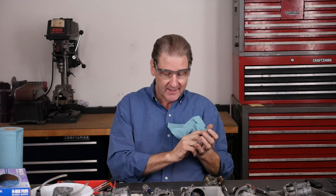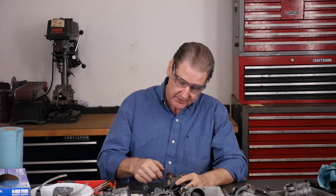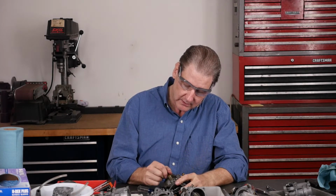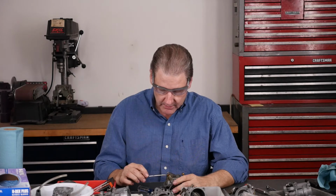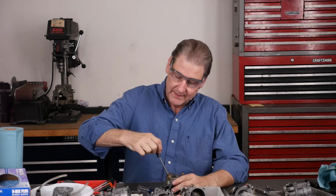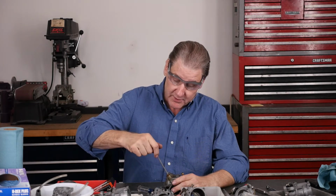I can smell that gas. All right, in the tips and tricks, we talked about this rubber plug in the intermediate circuit. So out comes the rubber plug. In goes the narrow slot. There it is. It makes that nice crack. If they don't come out, like if this one doesn't come out,